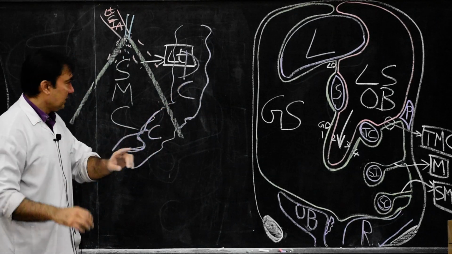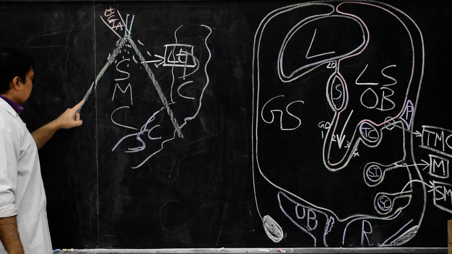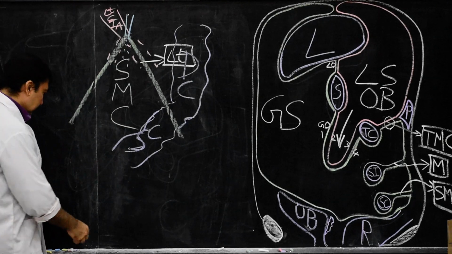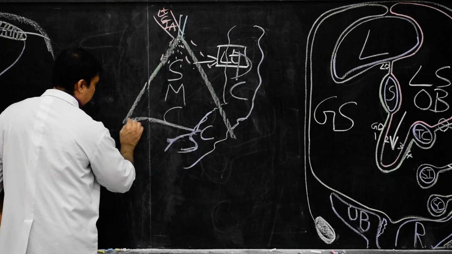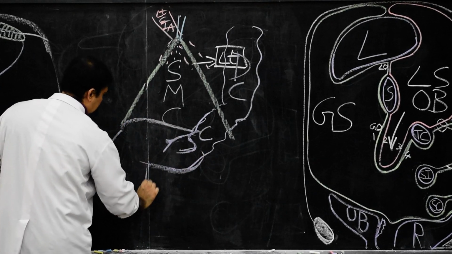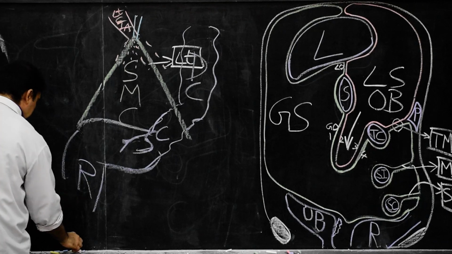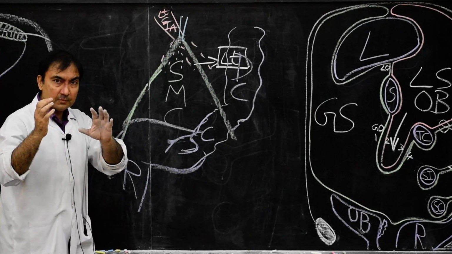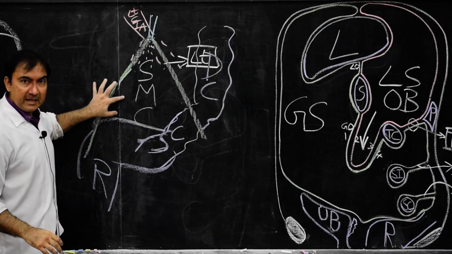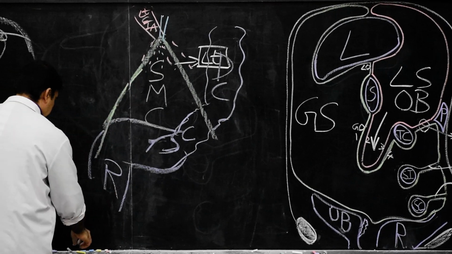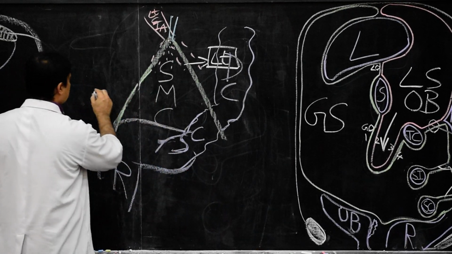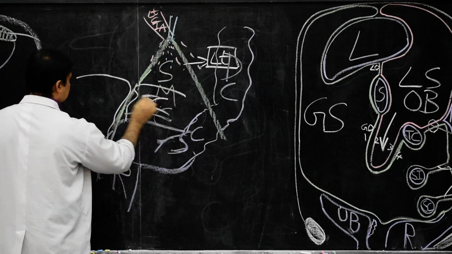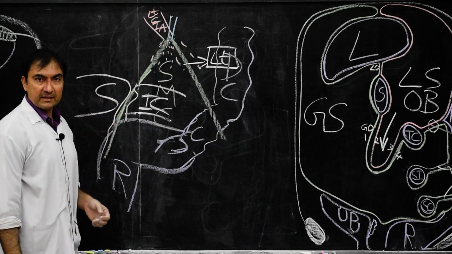Very important point. What about the right limb? This right limb will be present at the junction of the sigmoid colon and rectum. So if you draw the sigmoid colon and the rectum, this right limb will be present at the junction of sigmoid colon and rectum, across the bony landmark, the left sacroiliac joint. So here if you draw the sacrum and iliac crest, across the left sacroiliac joint.